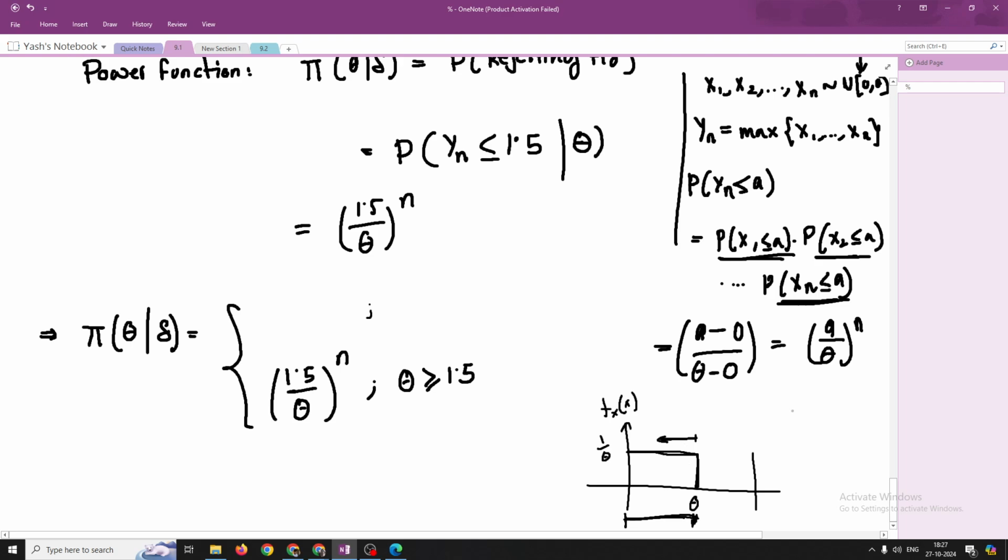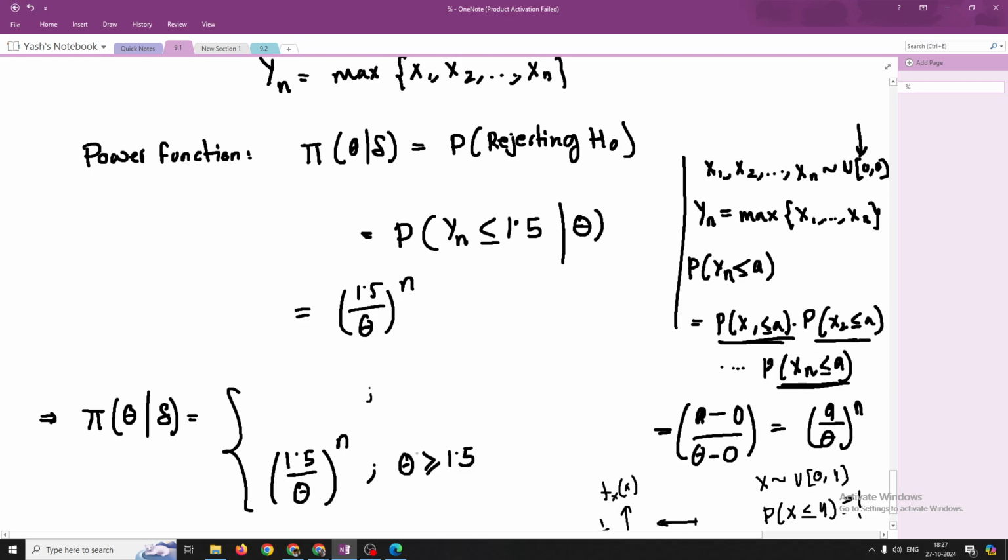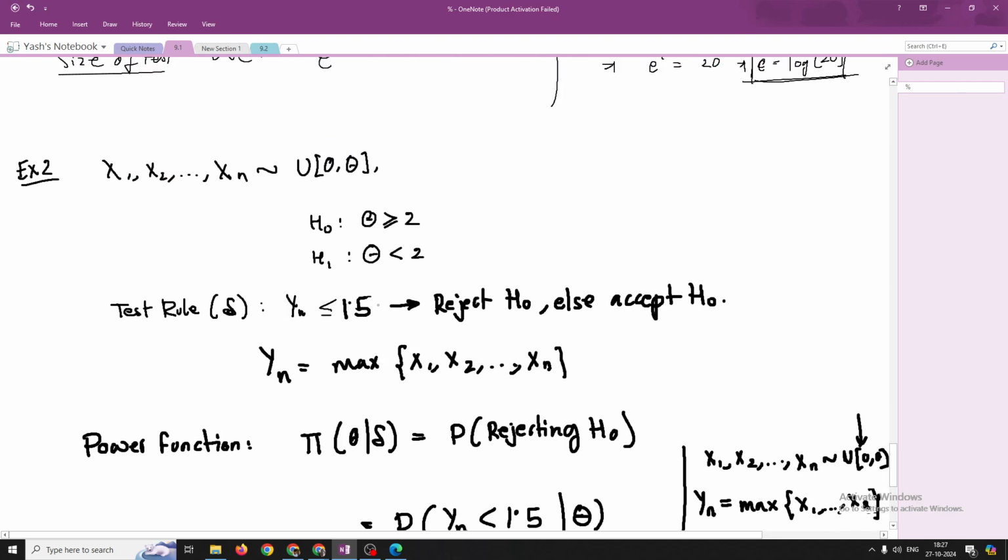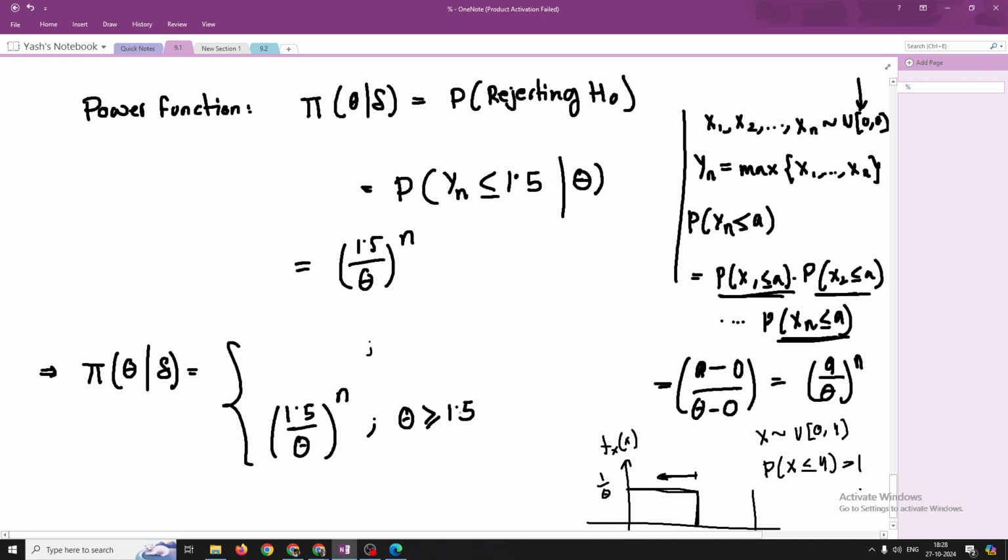So let's say x follows a uniform distribution between 0 and 4. The probability of x being less than or equal to 4 is 1, because if it is actually drawn from this distribution, the value of x will always be less than 4, always. So the probability of this is 1. What they have done here is two things. They have said, okay, if theta is greater than 1.5, then no issues, but if theta is less than 1.5,